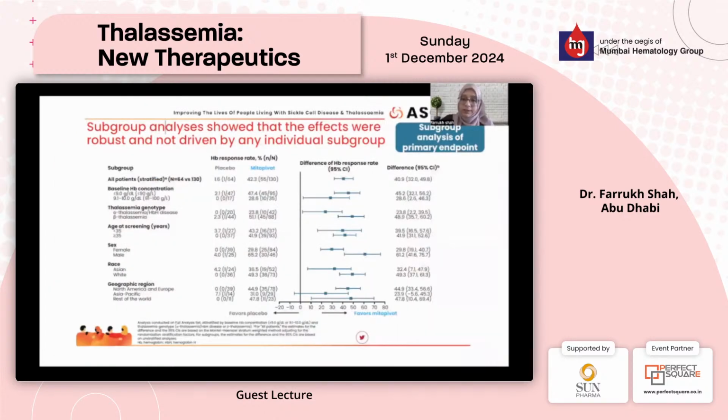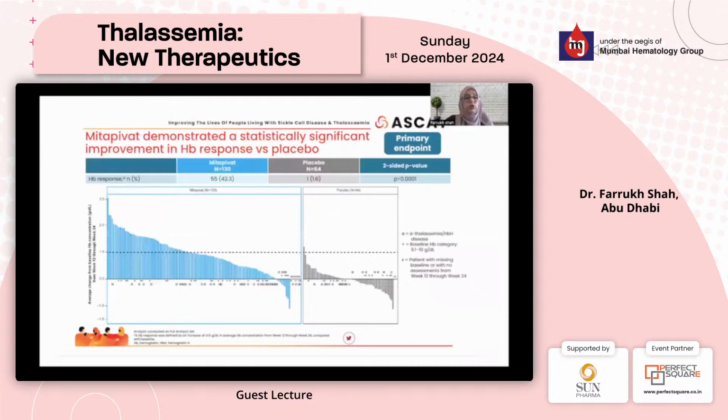So in the non-transfusion dependent thalassemia patients, you could see that the improvement in hemoglobin had no relationship at all to any of these key parameters, including the patient's underlying genotype. And they looked at alpha and beta thalassemia non-transfusion dependent patients. Significant improvement in hemoglobin in patients on mitapivat. And what you can see here is a lot of patients with alpha thalassemia had a good response with the